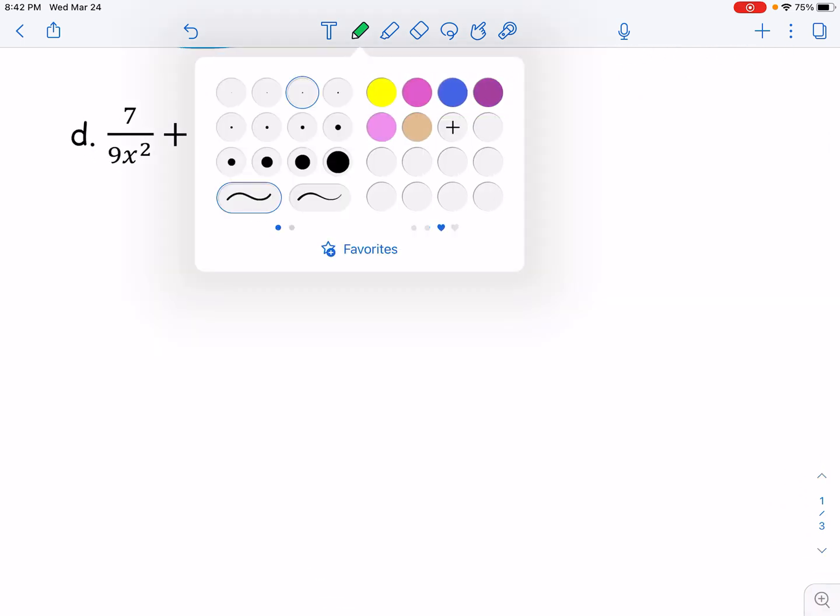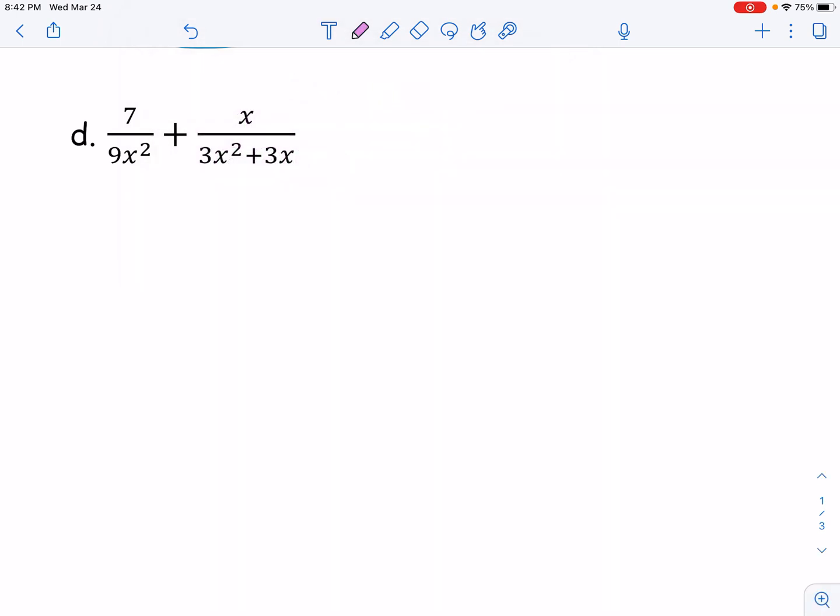Alrighty, let's go pink. So here we are again. Gotta look at the denominators, factor it out. The denominator on the left cannot be factored. The denominator on the right can be, because there's a GCF of 3x, leaving me with x plus 1. So that means